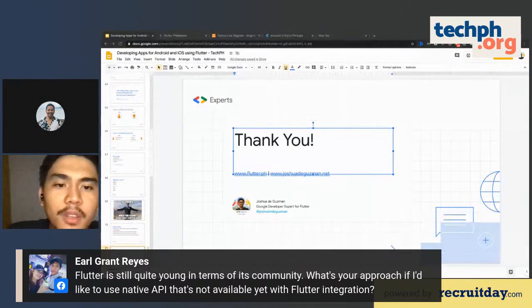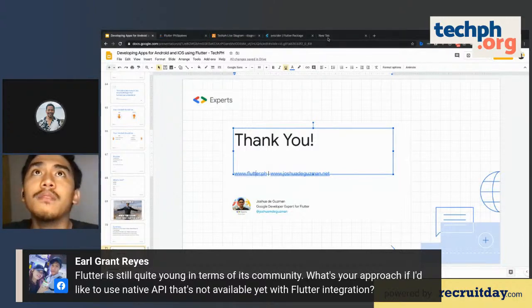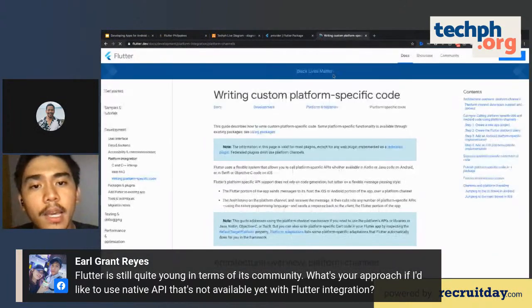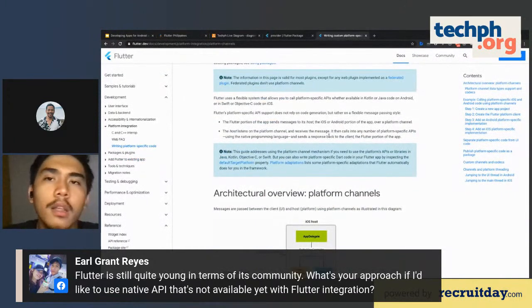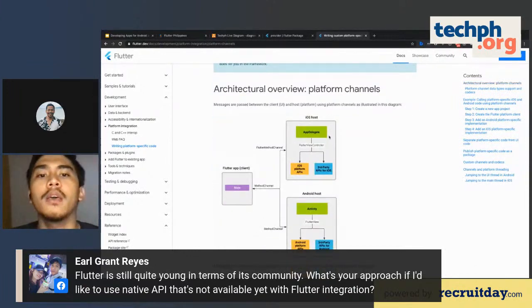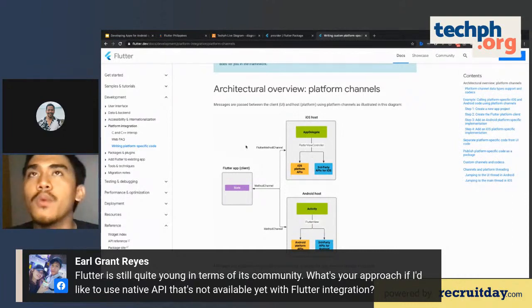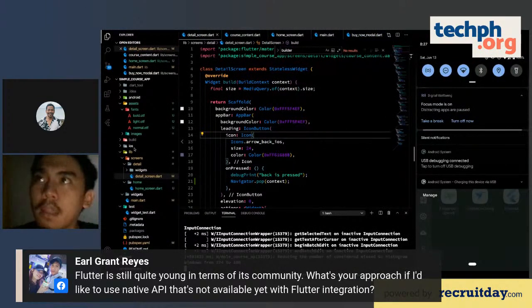Okay. The cool thing about Flutter is it doesn't really constrain you on the native API. I'll share the link with you, Luis. We have this concept of platform channels. For example, if you want to communicate with a native API that's not available as a package or a plugin, then you'd normally use a platform channel. It's low-level binary messaging between the Dart host and the native counterpart. That's why you see here that there's an Android directory and an iOS directory.